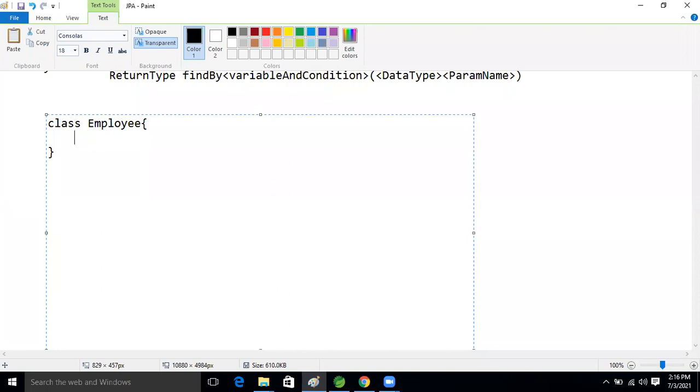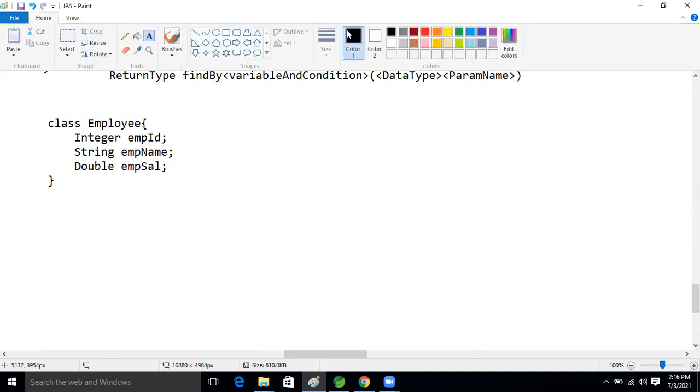Inside that, Integer empId, String empName, and Double empSal. This is our entity class now, guys.